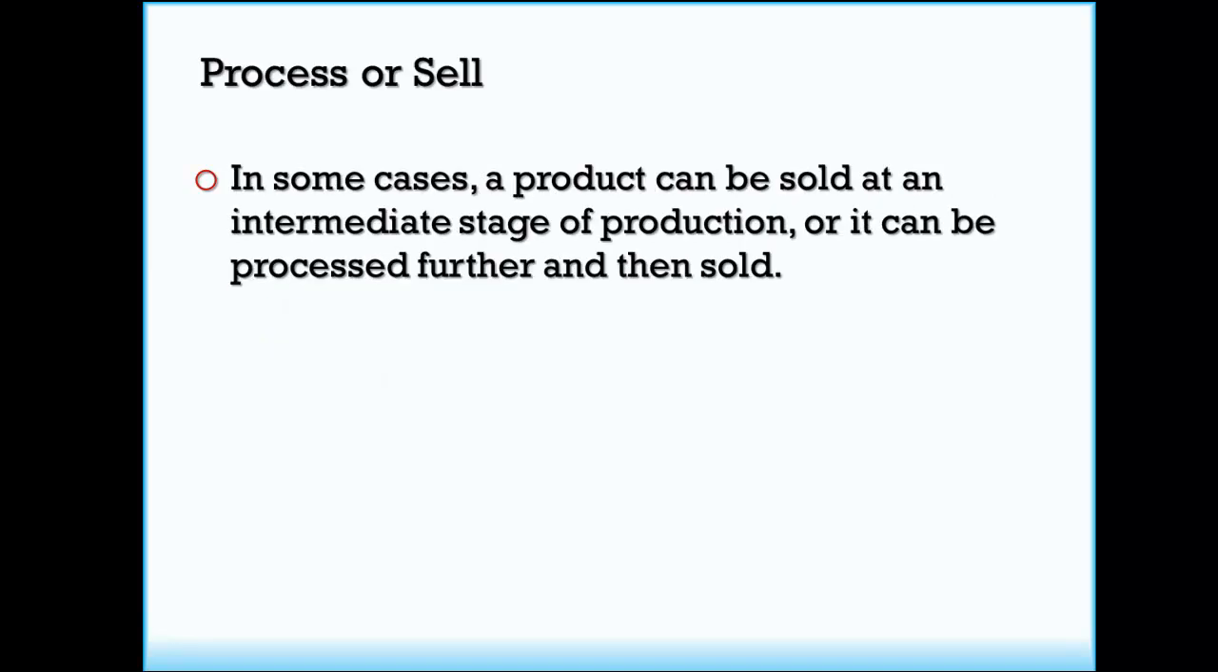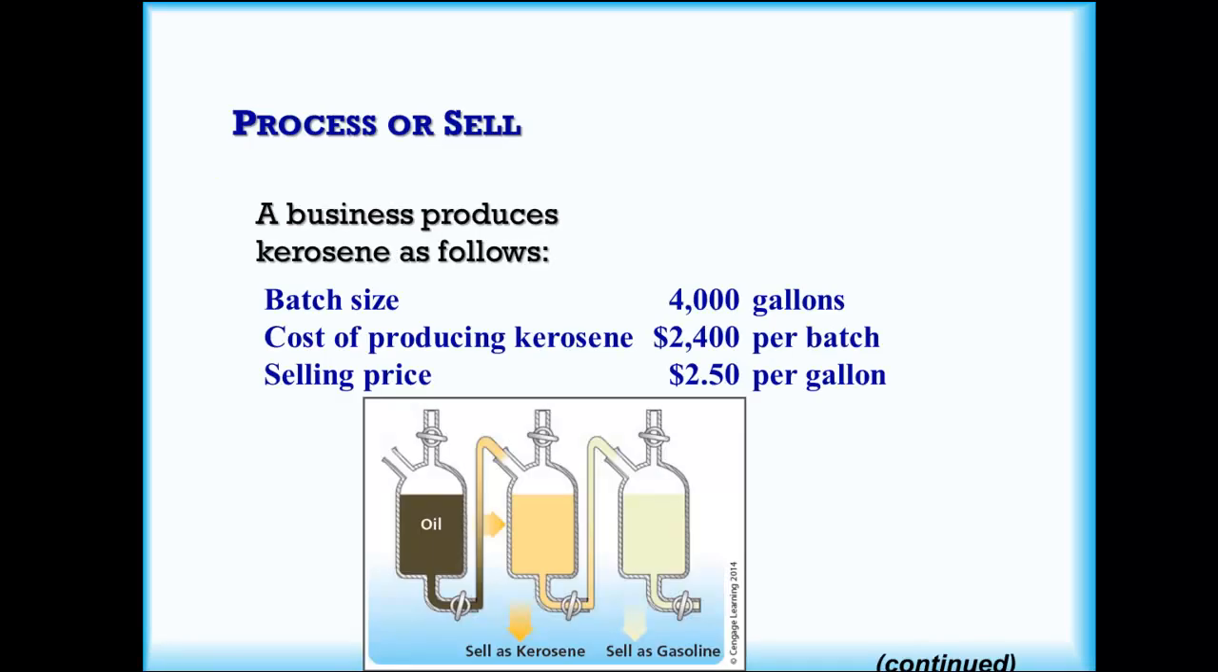Okay, let's discuss processing or selling. In some cases, a product can be sold in an intermediate stage of production, or it can be processed further and then sold. So we can take oil, process it a little bit, and make it into kerosene. We could sell it at that point, or we could process it even further and sell it as gasoline. Okay? So we're going to have to choose between selling it while it's kerosene or processing it further and selling